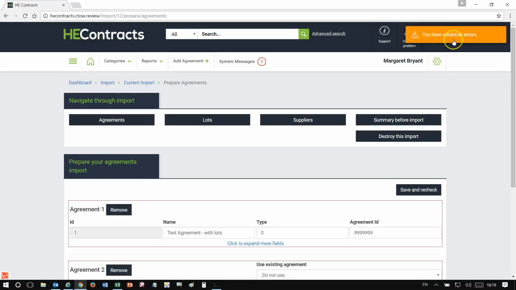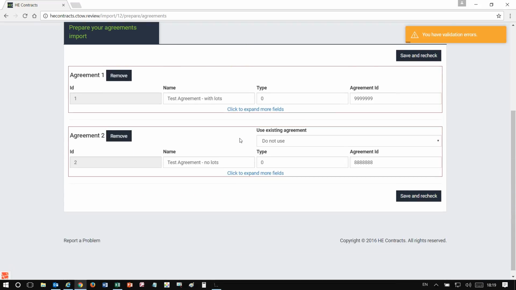Okay, and you can see up here in the top right that we've got some validation errors. Now that's going to happen almost every time that you do an import, where the system just needs a little bit more of your time to select some few options in there. So we're going to navigate through the import now. You get through the agreement section, lots, suppliers, and then we'll work through to doing a summary before we actually run the import. So the first thing it wants us to do is have a look at these agreements we're